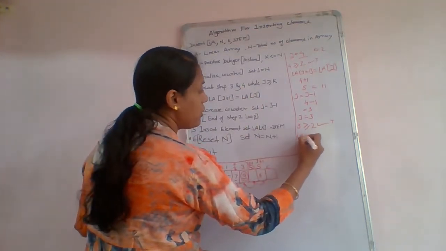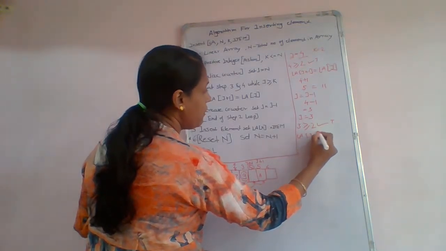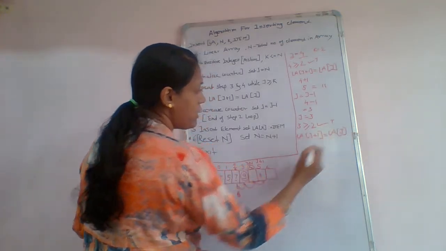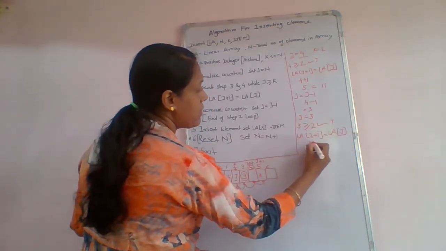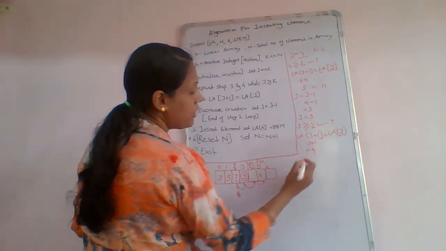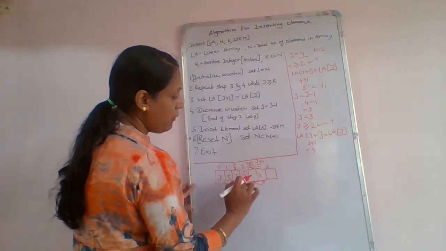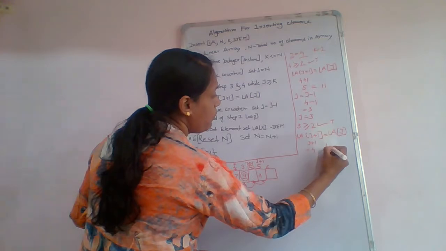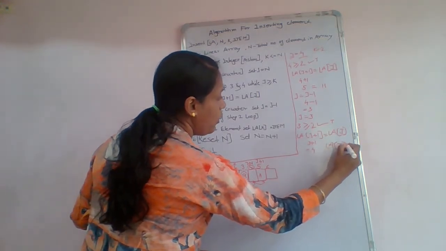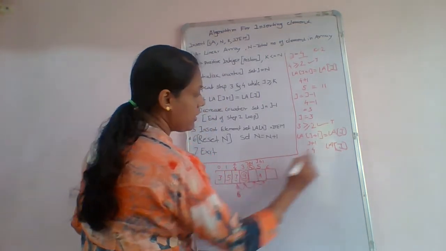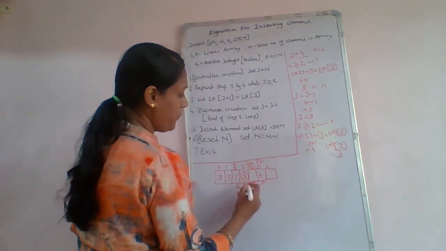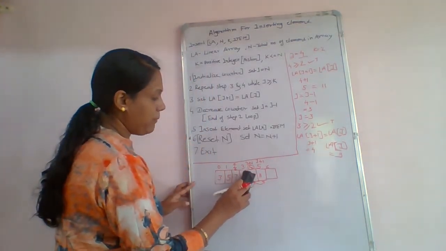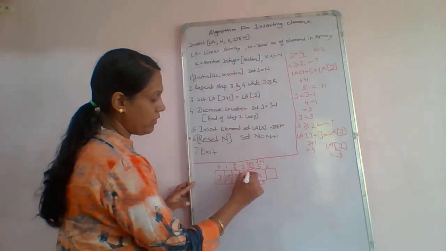Linear array of j plus 1 is equal to linear array of j. Means what is the j? 3 plus 1, that is the fourth. In the fourth position, which element do we have to write? We put LA of j. Now in LA of j, which element is there? 9. So 9 will come here, and this position becomes empty.